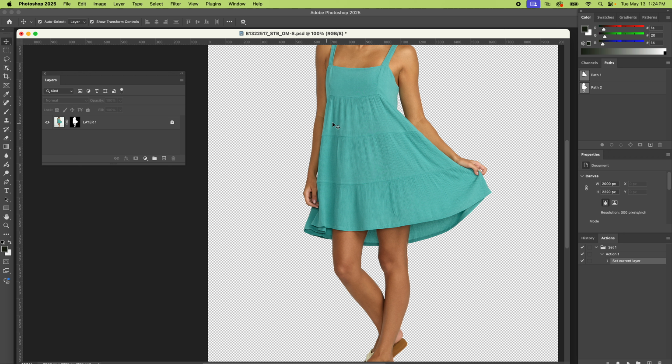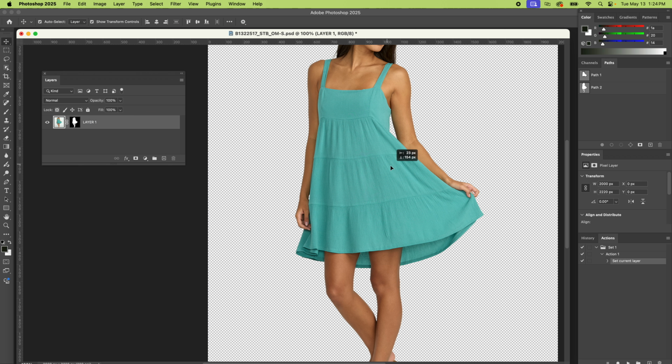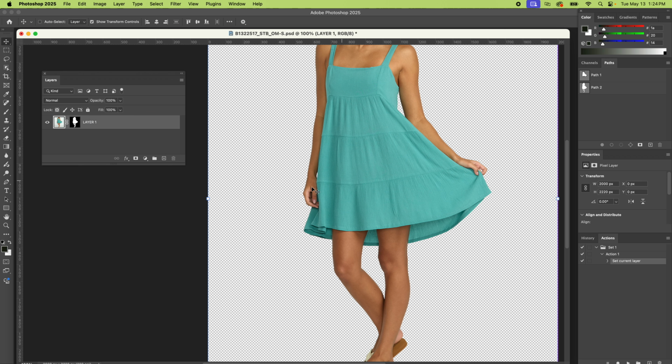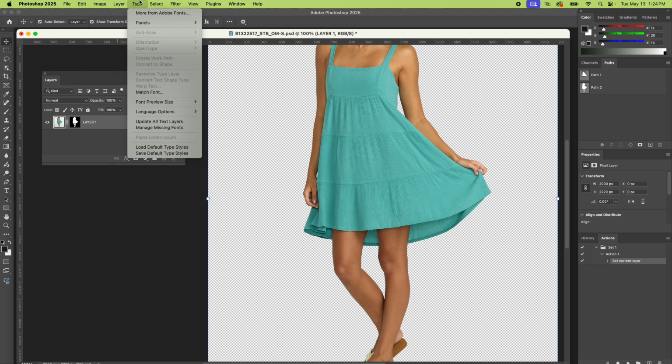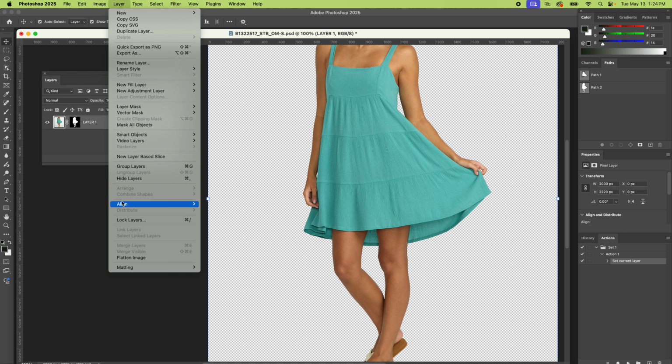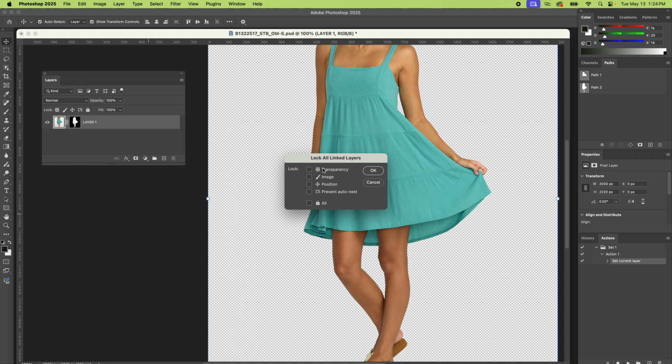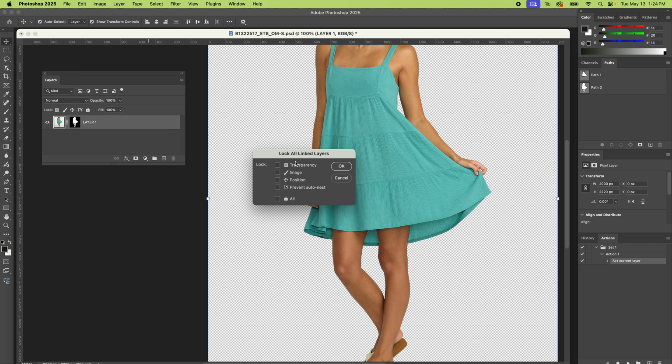Weird. And it's actually making a marquee tool. It's kind of strange. So you can just unlock that and then now I can move her around. But I want to show you what's going on. So you go up here to layer, pull down to lock layers, and you can lock certain attributes: transparency, position,